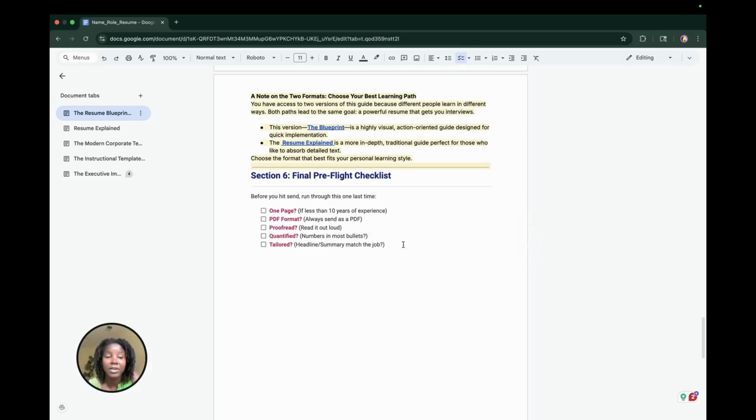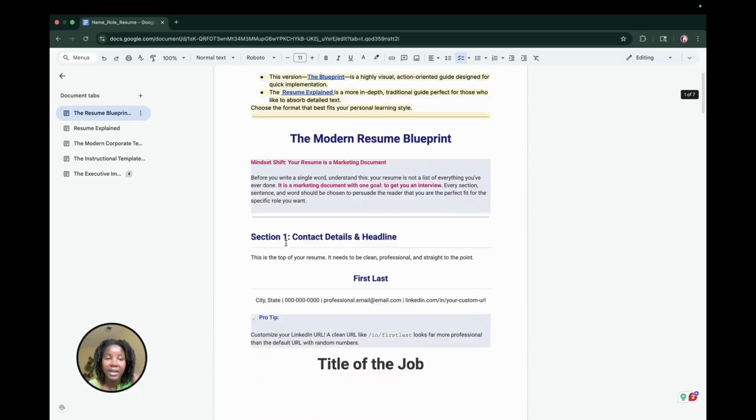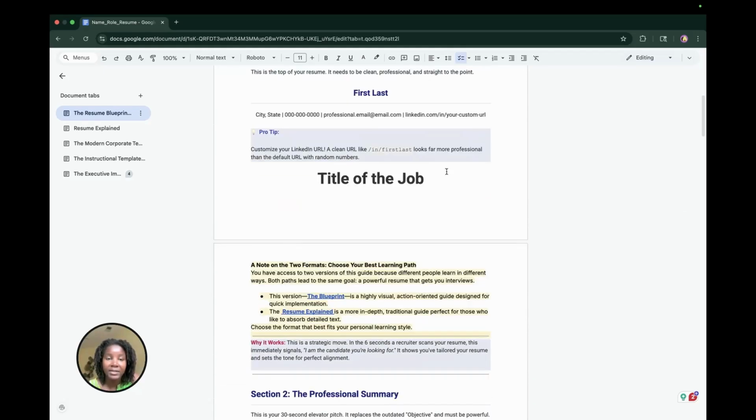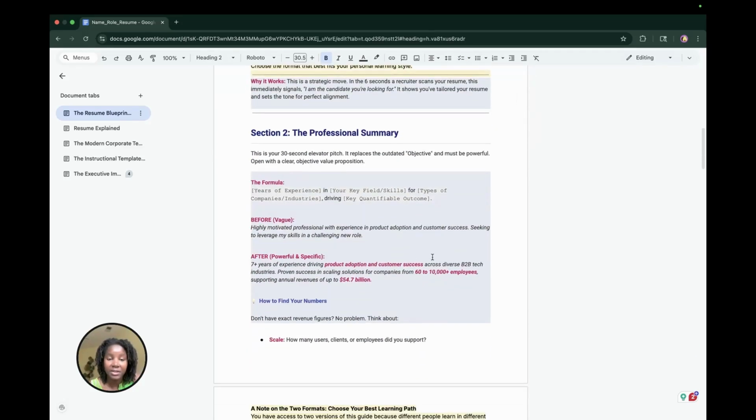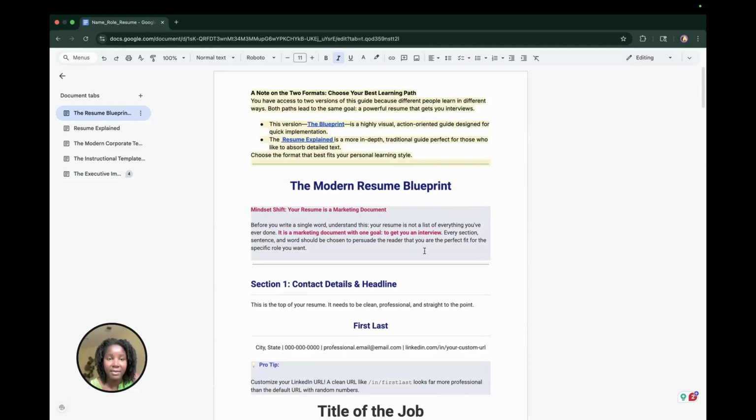And then tailor. Make sure your headline and your summary match the job. And just to re-explain, that means that this top part, right, the title of the job, exactly matches the job description that you're looking at. And then these years of experience and key field and skills should probably be lifted straight from the job description, right? Once you have that, you're in pretty good hands and you will have a resume that actually stands out and is